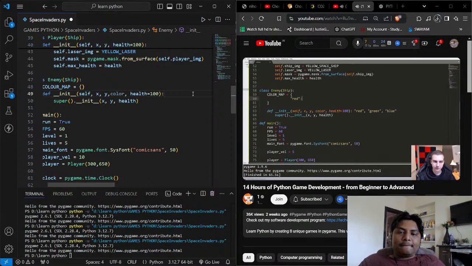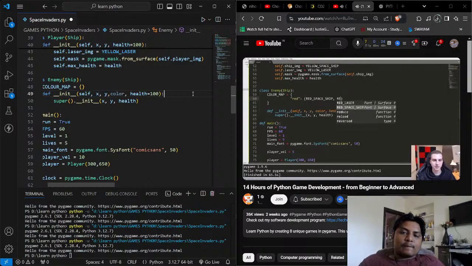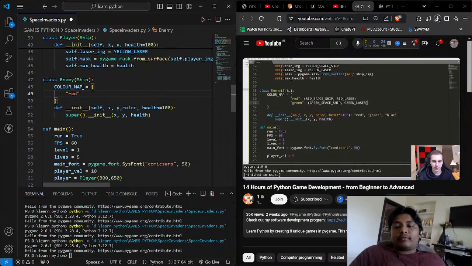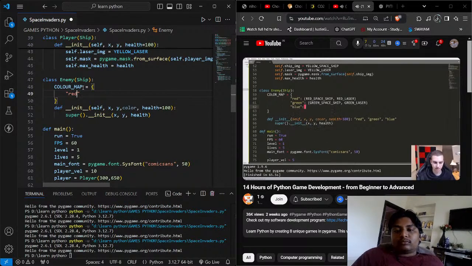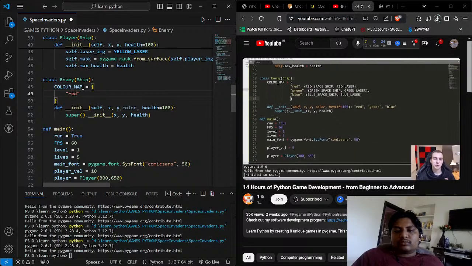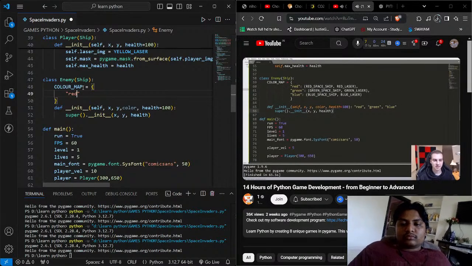So if we do red, then what that maps is the red spaceship image and the red laser. So if we have the red ship, it's going to use the red spaceship image. If we have green, then what this is going to give us is the green spaceship and the green laser, right? And same thing for blue. So the blue spaceship and the laser. Now, that's pretty straightforward. I need to make sure I add commas here because it's a dictionary. Let's hit enter one more time so that's proper. And now what I can do is just use this map so I can say something like self